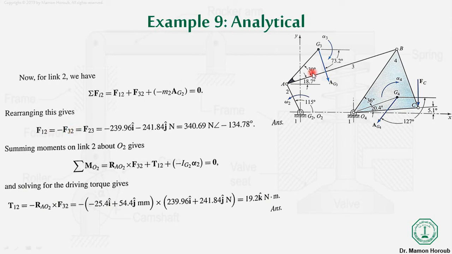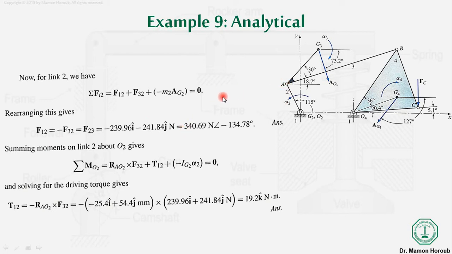The next step is to calculate the moment that is applied to link 2. For that, we will take the summation of moments at O2 equal to 0. Once you take the summation of moments at O2 equal to 0, we know that the inertial moment is equal to 0, because alpha 2 is equal to 0. So this term is equal to 0, and the force F32 will be acted upon here, and it is exactly equal to the value of F23 that we already calculated in the